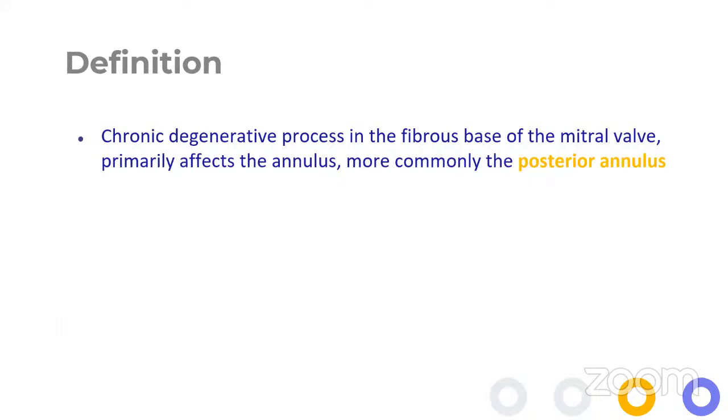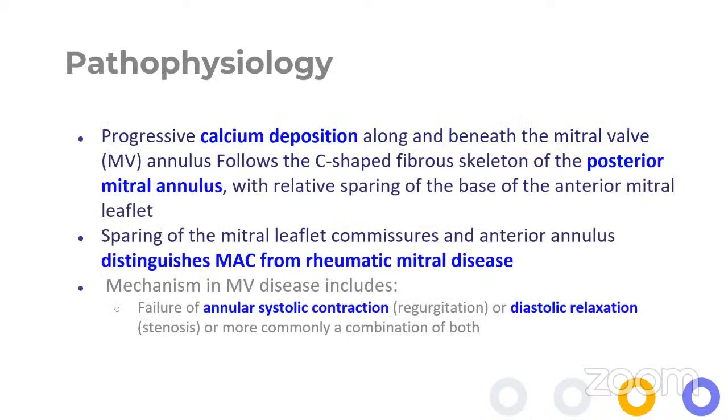So MAC will be defined simply as a chronic degenerative process in the fibrous skeleton of the mitral valve, primarily affecting the annulus, more commonly the posterior one. In the pathophysiology of MAC, the mechanism contributing to the formation of MAC is not actually fully understood,